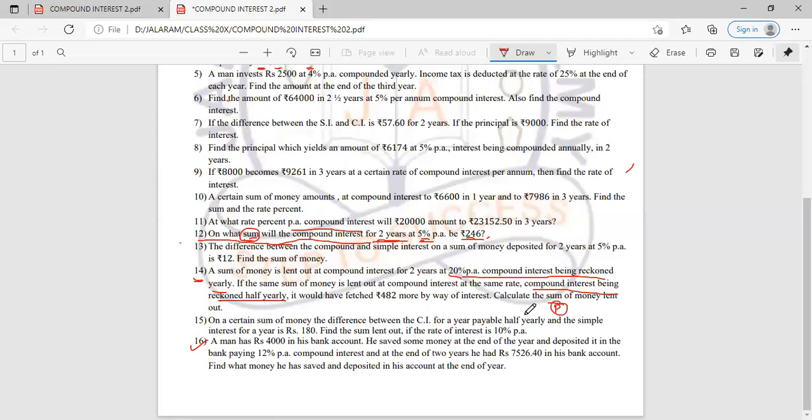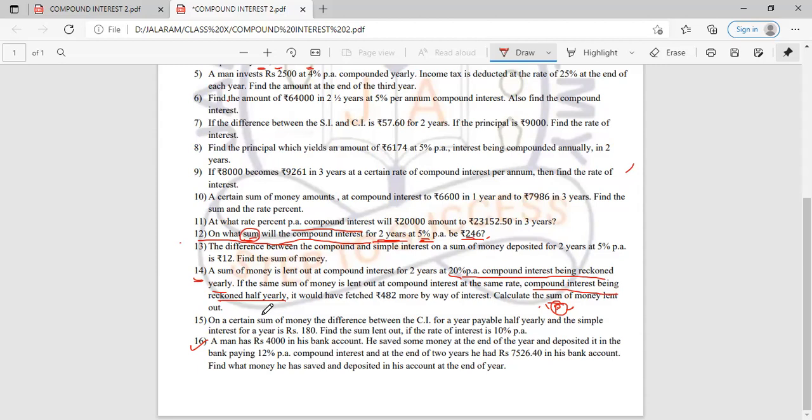So we will form an equation in terms of P when we find the first compound interest, which is being reckoned yearly, in terms of P, and the second compound interest when the interest is reckoned half yearly. Clearly, when the interest is reckoned half yearly, as interest is given after half year and then that interest is added to the principal, for the next half year the principal is more than the principal for the yearly. So compound interest when reckoned half yearly will always be greater than the compound interest when it is reckoned yearly.